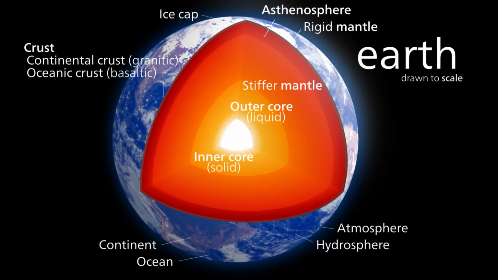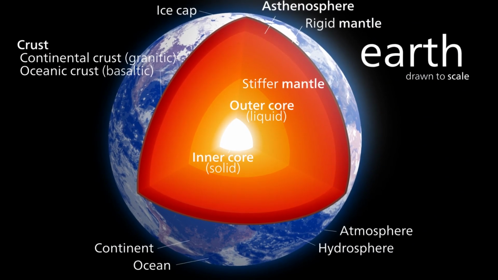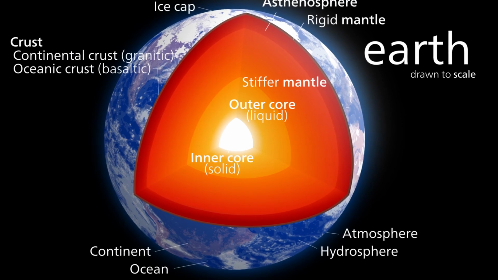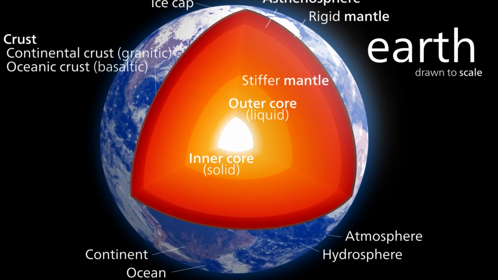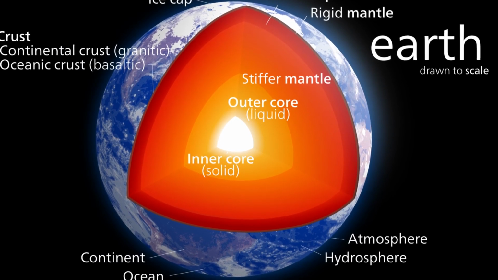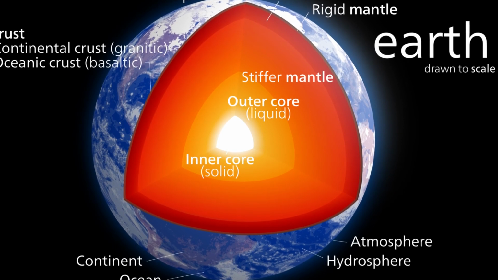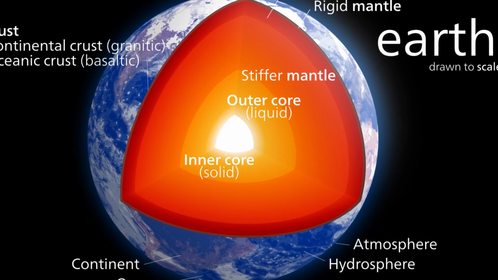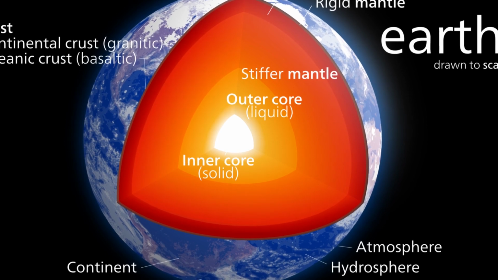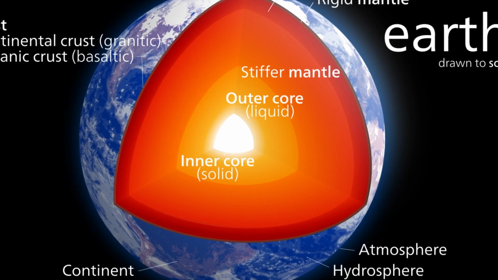Earth's interior is generally divided into three major layers: the crust, the mantle, and the core. The core is further divided in two parts where the outer core is liquid while the inner core is solid due to immense pressure from above layers. The core mostly contains the metals iron and nickel.